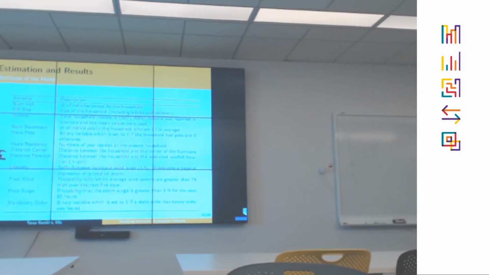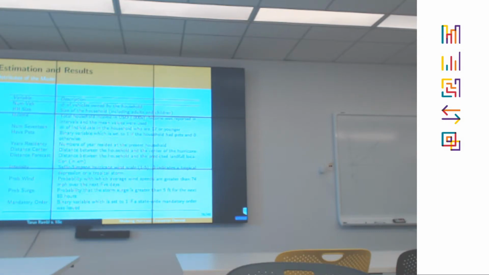So the distance between the household location as well as the landfall location, this again changes over time. The intensity, which is on a scale from 1 to 5.0, we also had a 0, which indicates it's just a tropical depression or a storm. It wasn't classified as a hurricane yet. And then there were some other features that came from a model called SLOSH, which is widely